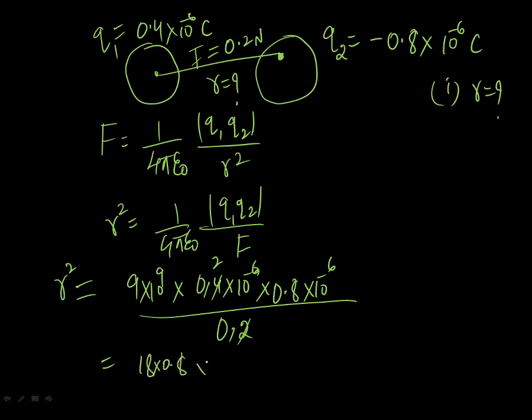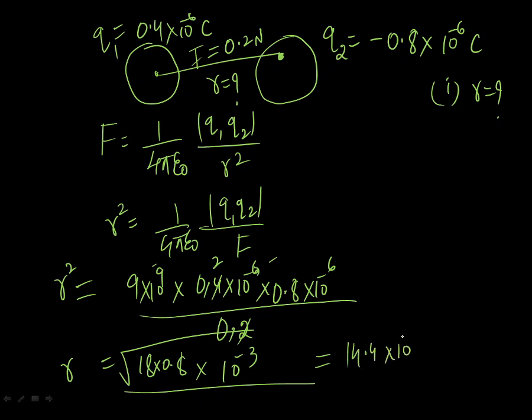Whatever may be the bigger calculation, multiply all the numbers, then get into the 10 powers. So 10 power 9 into 10 power minus 6 is 10 power 3, 3 minus 6 is minus 3. So remove the square and take a root. If you solve this particular number, anyway, in the PO board a calculator is also allowed. So comfortably you can multiply these two, 18 into 0.8, and 10 raised to minus 3 is also there. Suppose in this particular case, if I multiply 18 into 0.8, I am going to get 14.4 into 10 power minus 3.